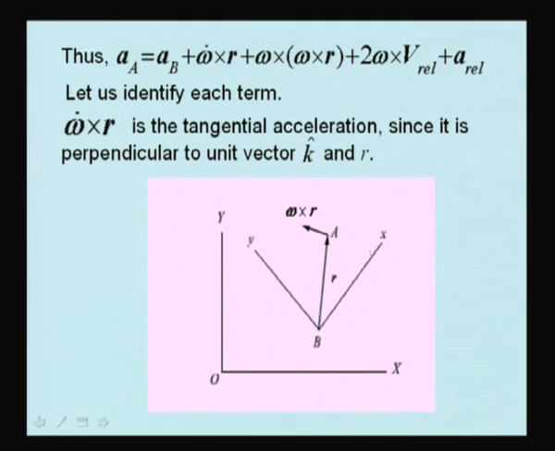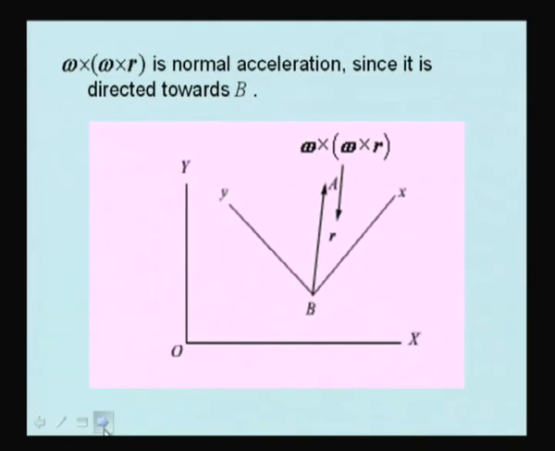This is shown here. Omega cross omega cross r is normal acceleration, since it is directed towards B. Omega cross r will be towards j, and j cross k again gives you i. So, this is towards B, and this is called normal acceleration, or the same thing as the